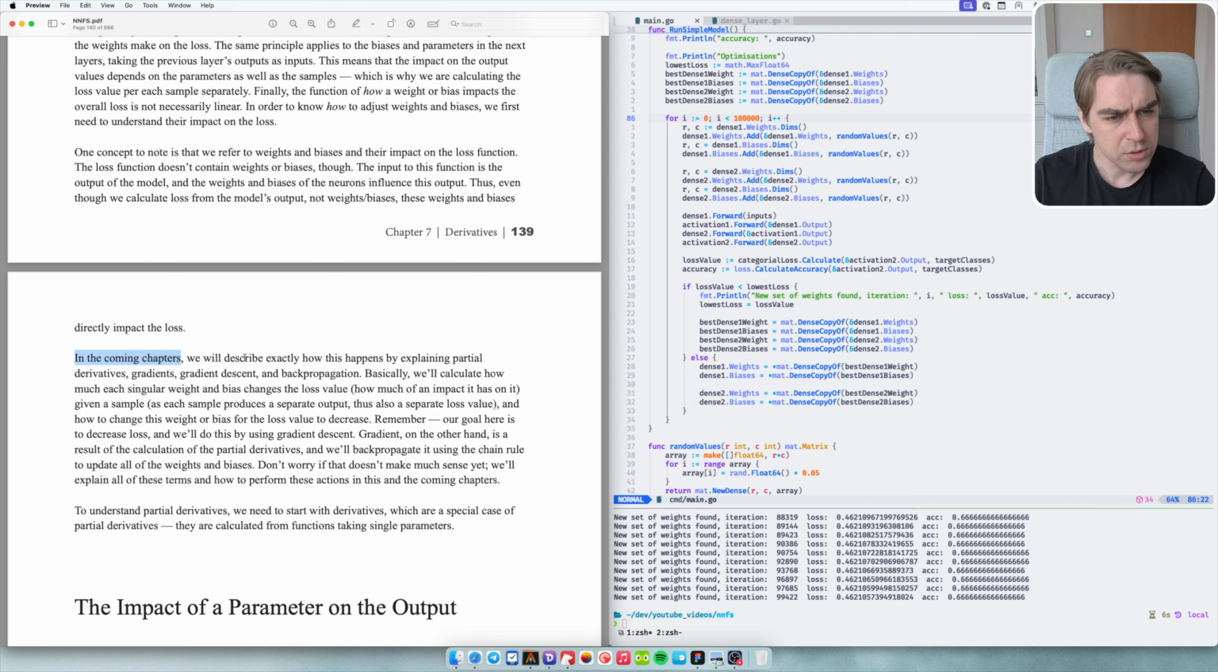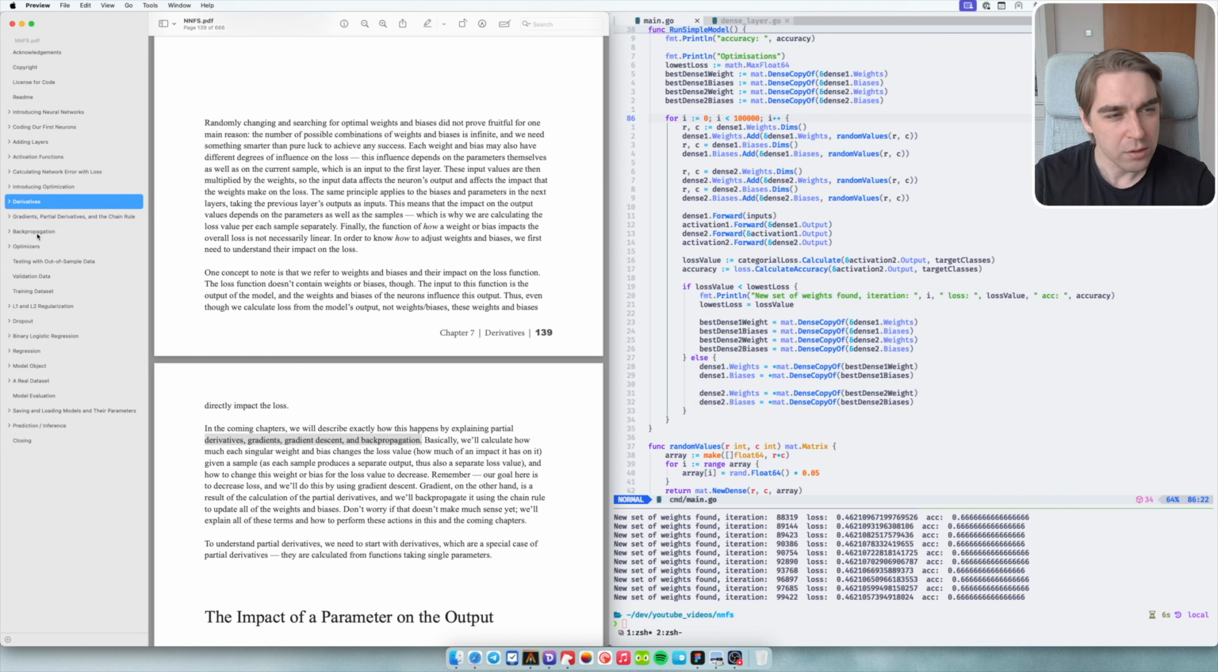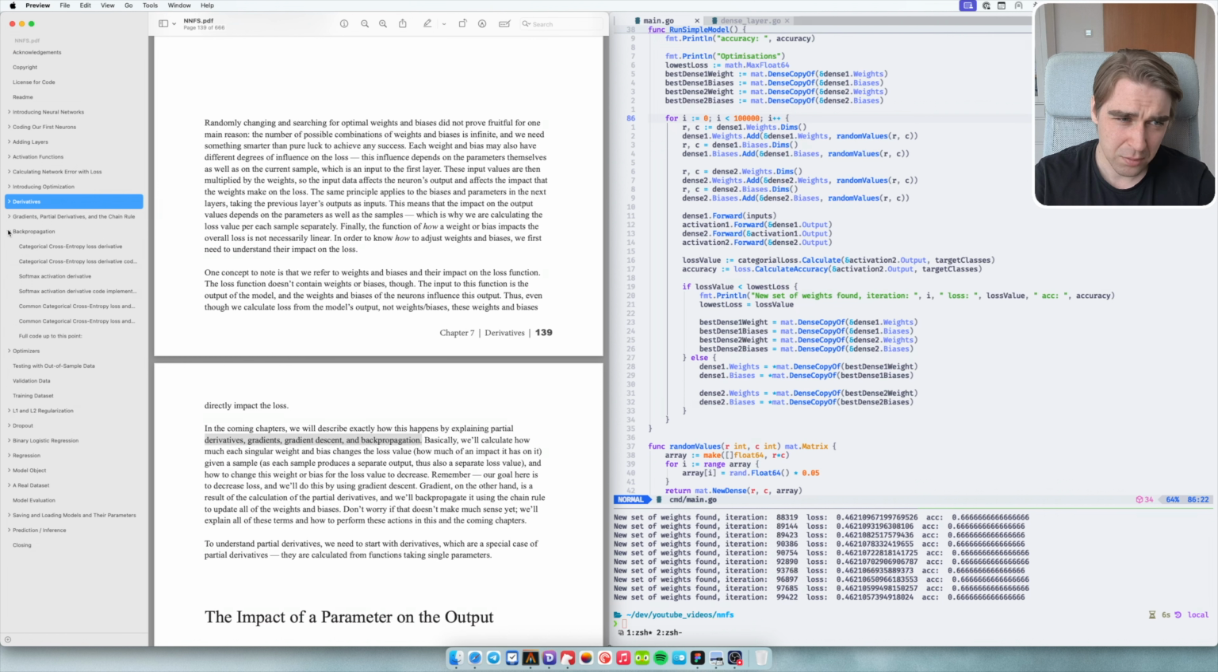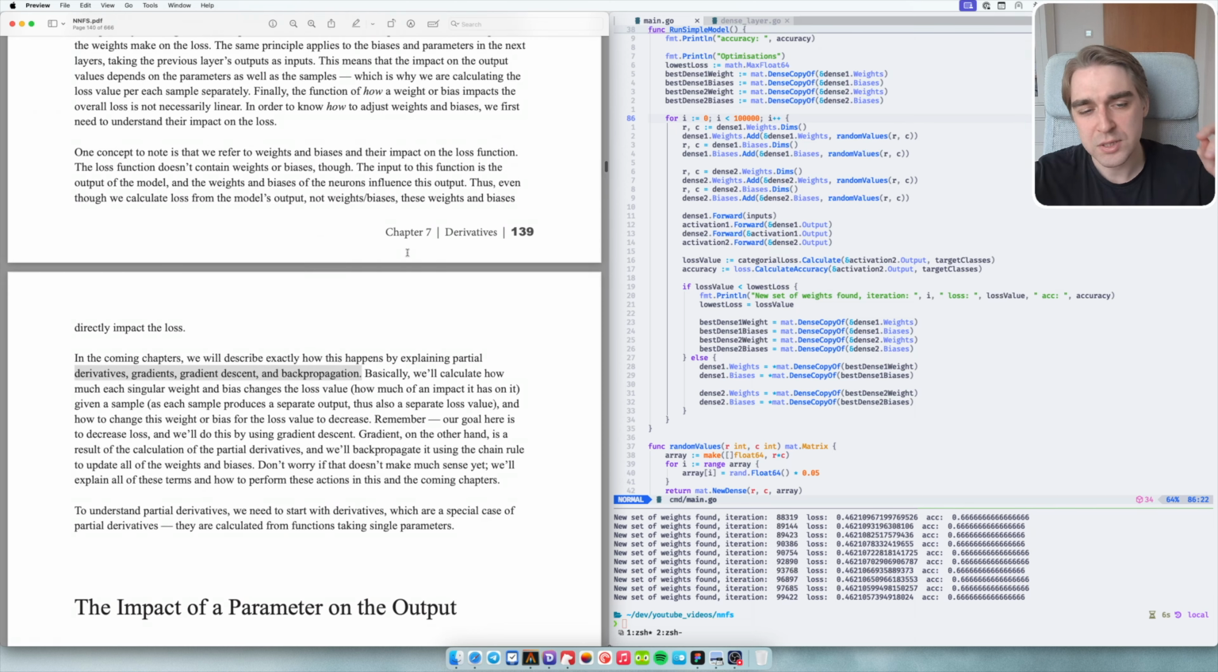In the coming chapters, we'll describe exactly how this happens by explaining partial derivatives, gradients, gradient descent, and backpropagation. So I assume here we will start with more math than we had in the previous chapter, especially the next two chapters, like derivatives, gradients, and even the backpropagation, I believe. Or probably here we'll start writing some code. Here it will be more of the explanations. But we need to understand all of this in order to actually be able to